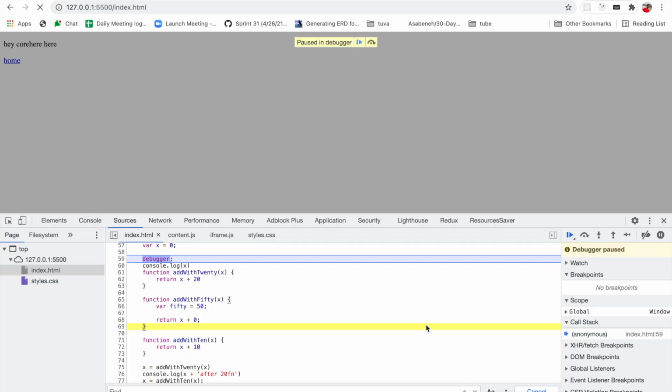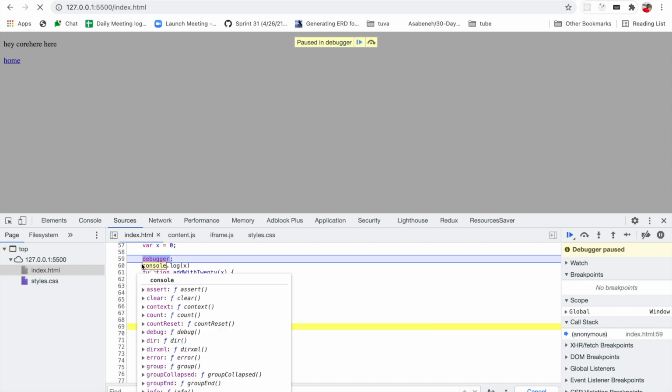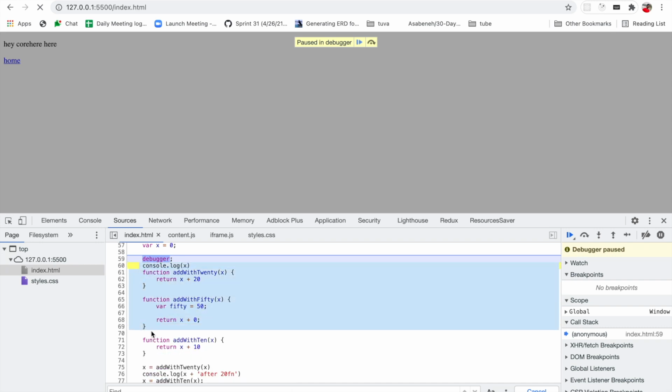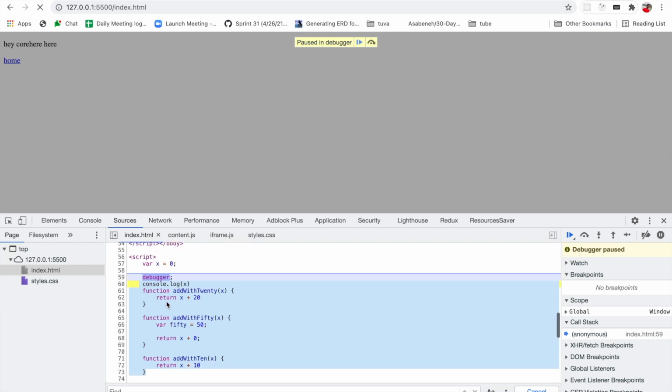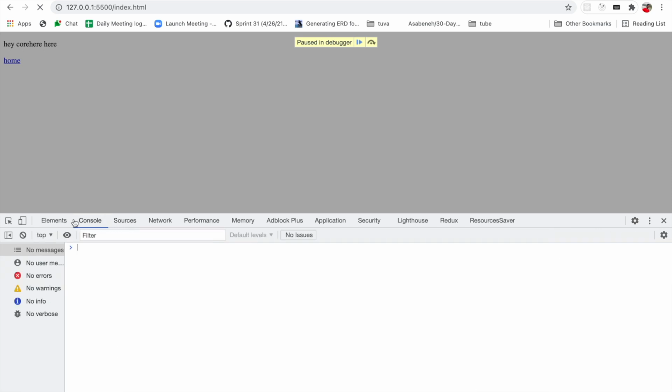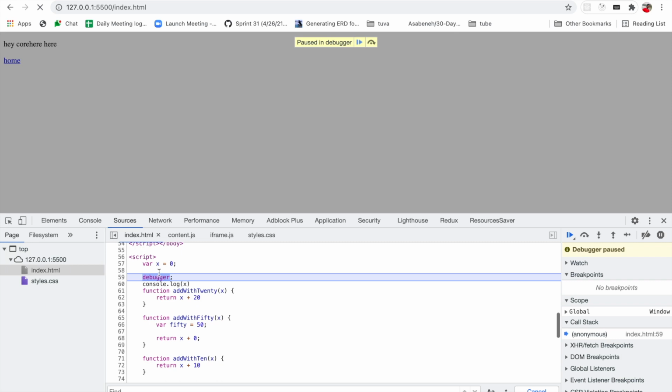The debugger will interrupt the browser's basic functionality, which means the code below the debugger is not running. See, these functions are still pending. You can check the console, it's not printing anything because the compiler stops here.